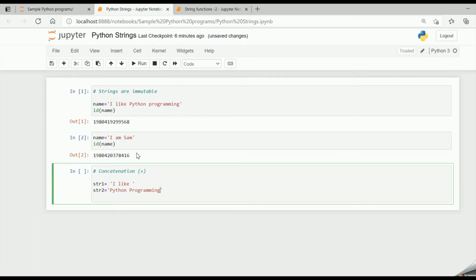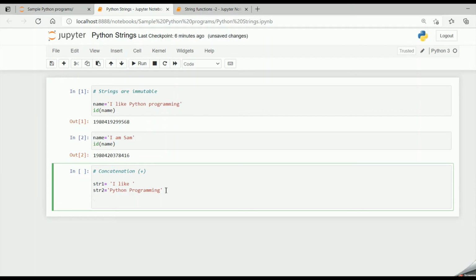So in str1 it is storing I like, and in str2 the string Python programming is stored. Now I want to combine these two strings, so I store it in a third variable called str3, and I say str1 plus str2. So plus is the concatenation symbol. So str1 and str2 will be combined. And when I print str3, the new string variable,